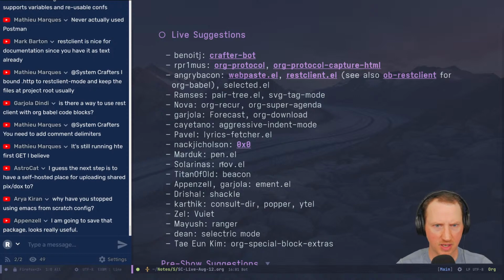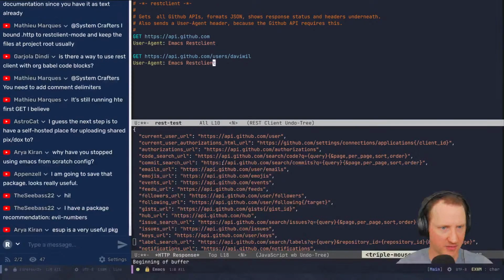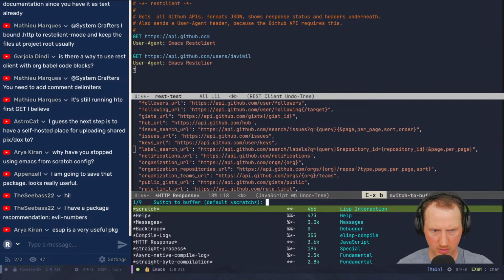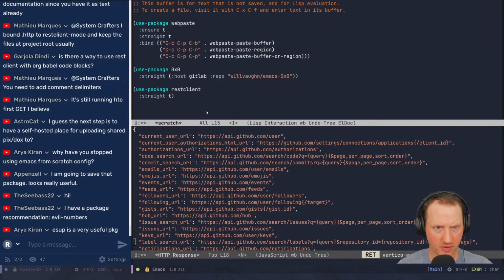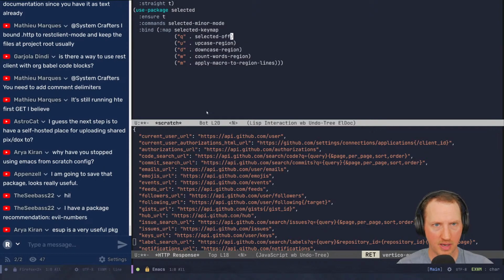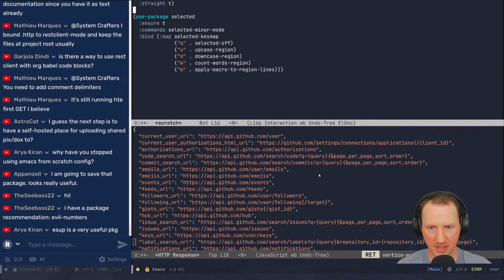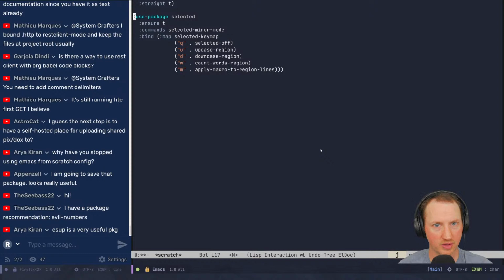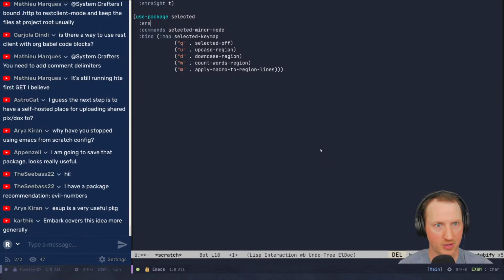Let me save. Actually, let's go to the Emacs config, then I'll save the link later. Let's pop over to the scratch buffer. Yeah, okay. I probably should be pasting the configs that I'm dropping for these as well whenever I do it. Maybe I'll try to do that later.